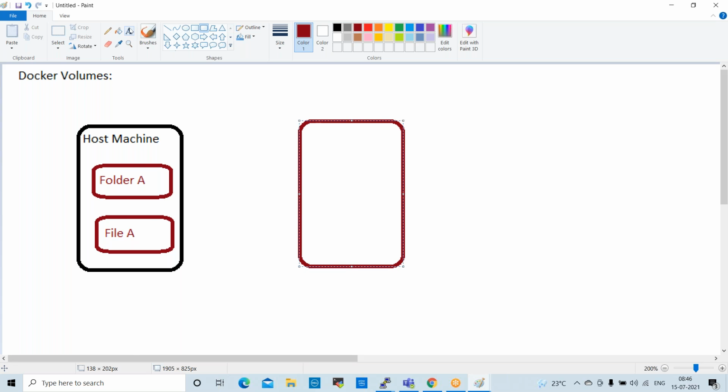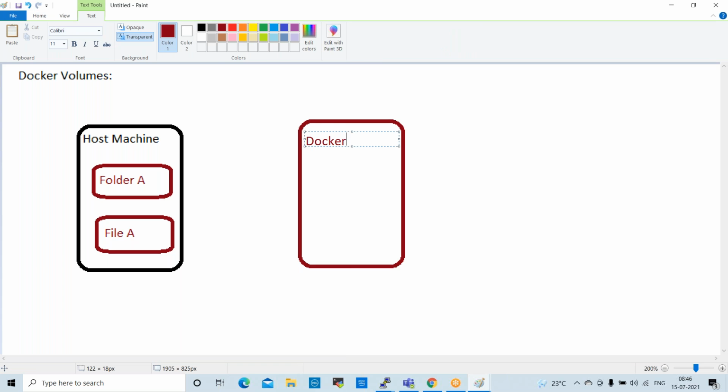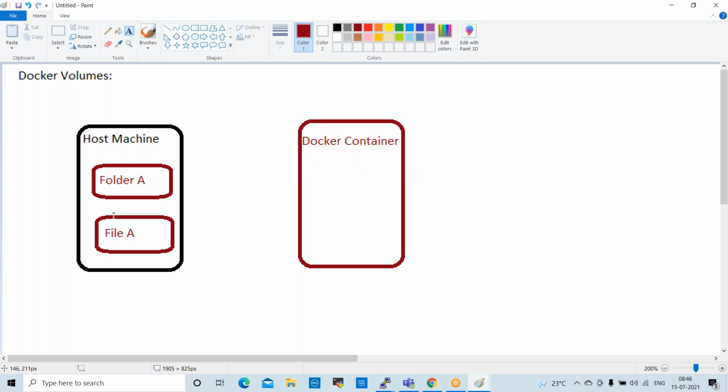This is the Docker container. Whatever folders and files are there, the same names we can create inside the Docker container, one folder or file.